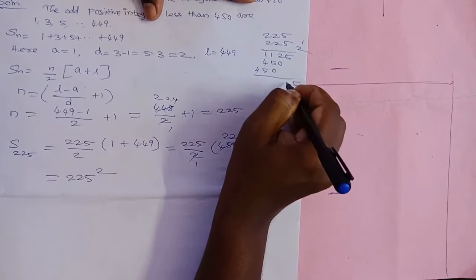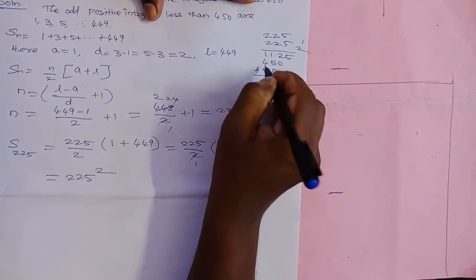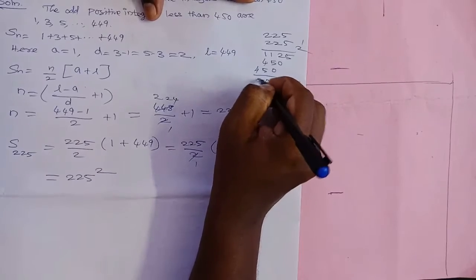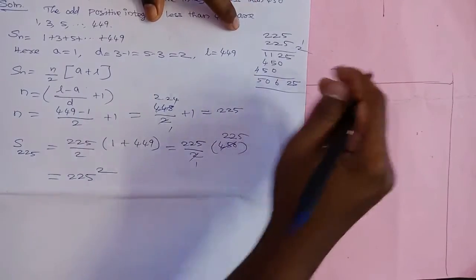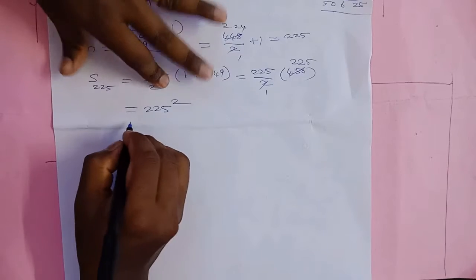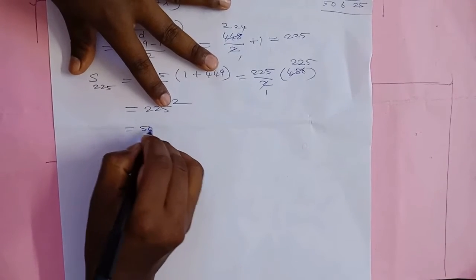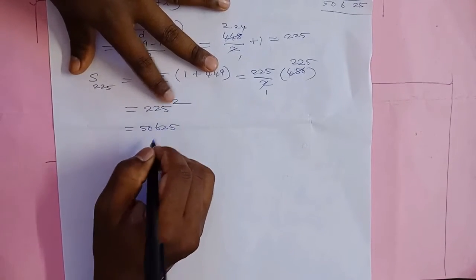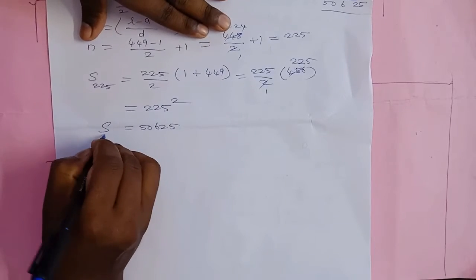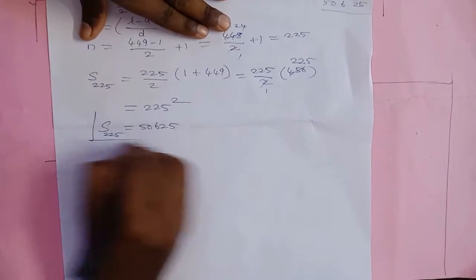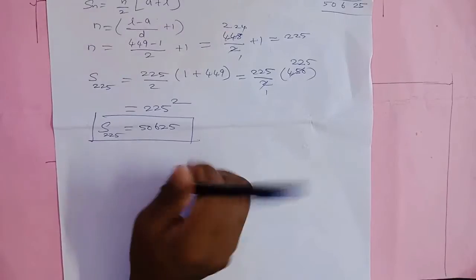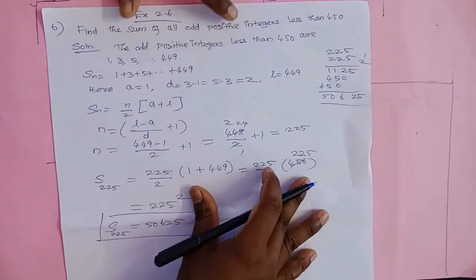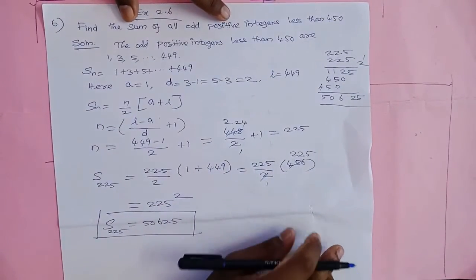Add 5, 2, 6: 5 plus 5 is equal to 10, remaining 1, 1 plus 4 is equal to 5. So the answer is 50625, which is equal to 50,625. 50,625 is the sum of 225 terms. What is the answer? Therefore, the sum of all odd positive integers less than 450 is